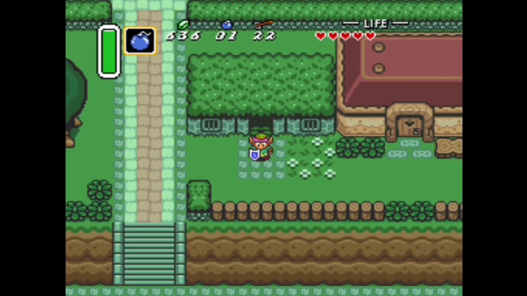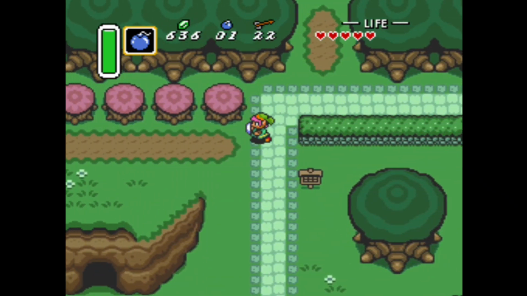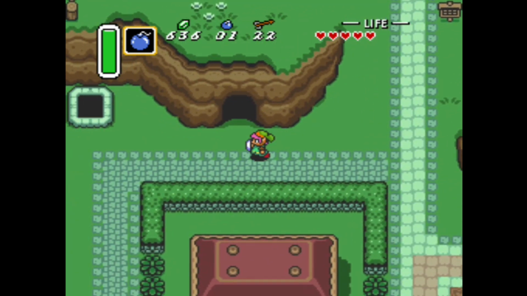So, there's also some heart pieces in caves. There's different caves you would go through as well, and I'll show you guys, actually. Right over here, we have this cave, and then there's a hole right there. So, if we go in here, though,